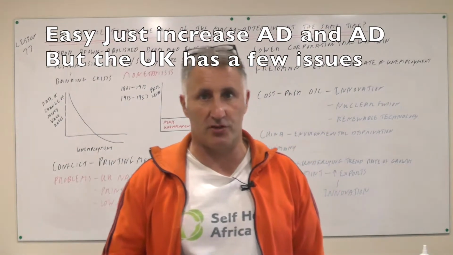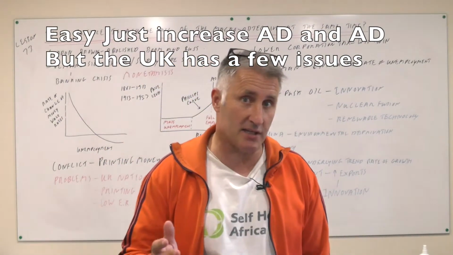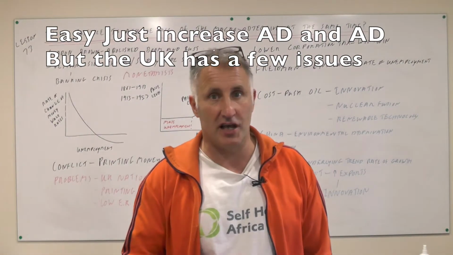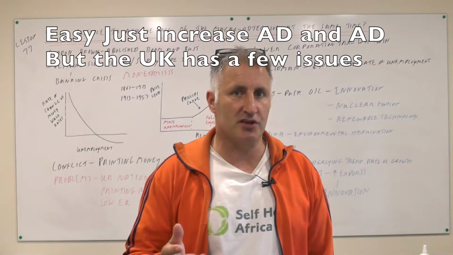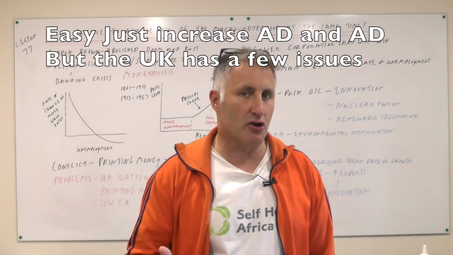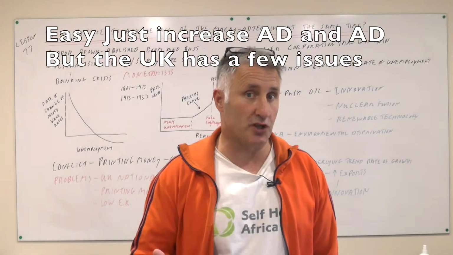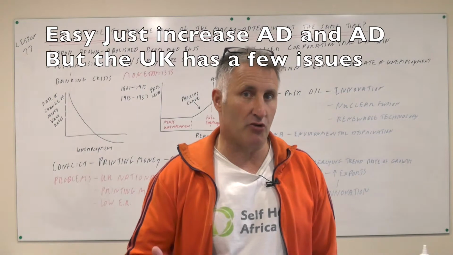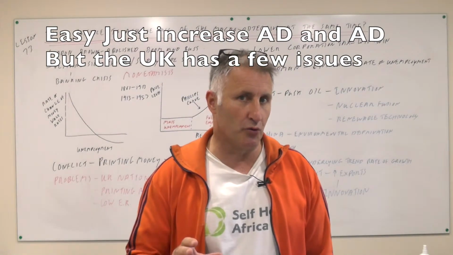In theory, of course, you can start the essay and say, well, it's actually pretty easy to achieve all the macro objectives at the same time, because all you do is increase AS and then also increase AD, and if you increase them at the same rate, you're going to get a zero output gap, and hey presto, you're going to have price stability, full employment, high economic growth, and if your supply side is really strong, then your exports are going to increase, so you're going to be okay. And that is really the gist of the essay, so it's possible.